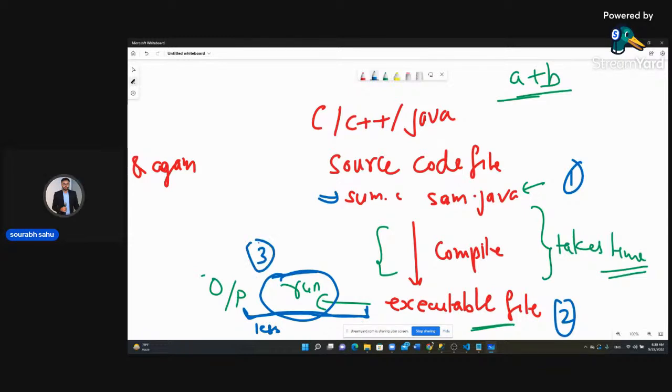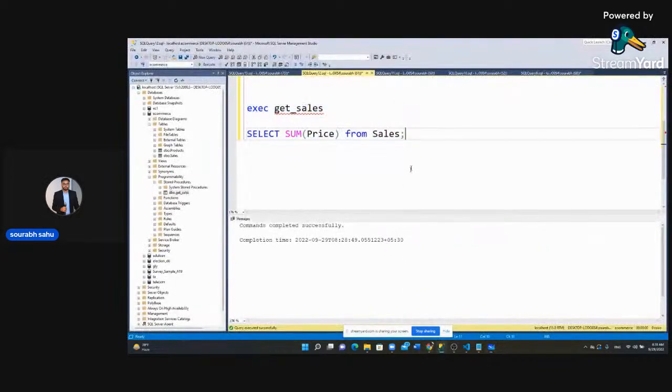So if you start from step 1 and you go till step 3, it is going to take a lot of time. Instead of that, if you go from step 2 to step 3, it is going to take less time. Okay. So what in SQL happens is, whenever you run some query,